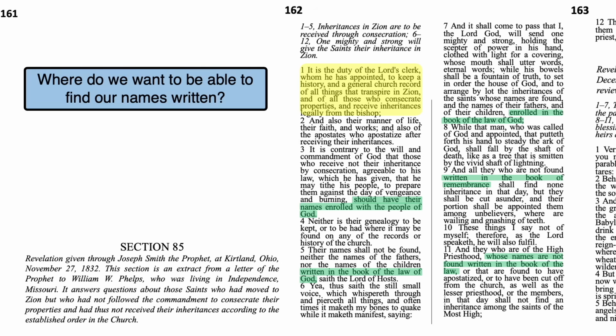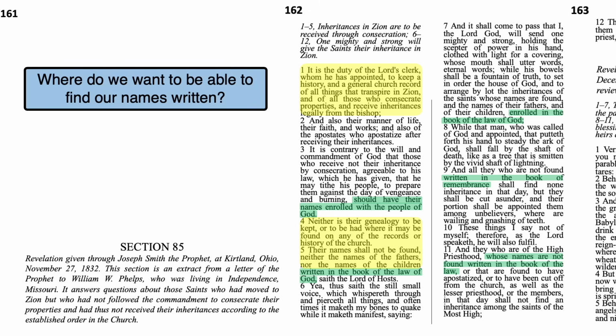The church clerk in Zion was instructed to keep a record of the faithful. Those that were willing to live God's laws would have their names enrolled with the people of God. Those that refused to live God's laws, or who apostatized from the church, would have their names removed from that record. And in Joseph Smith's day, the Book of the Law of God was an actual journal of that name